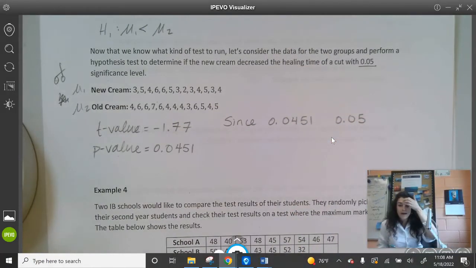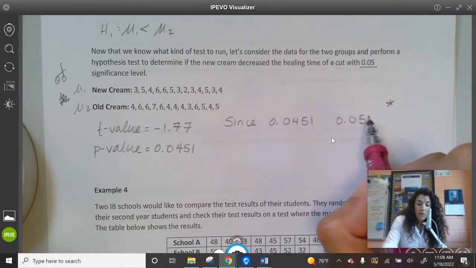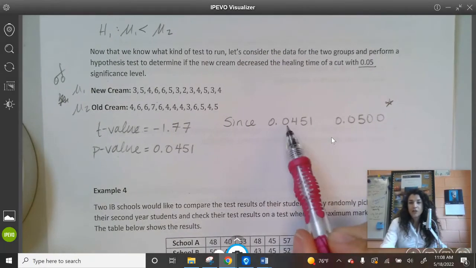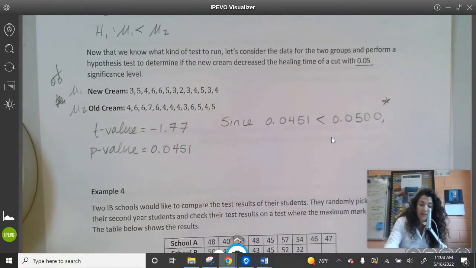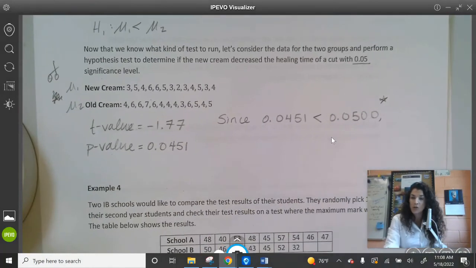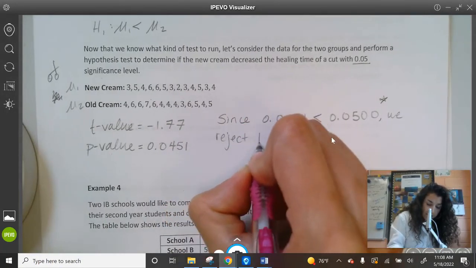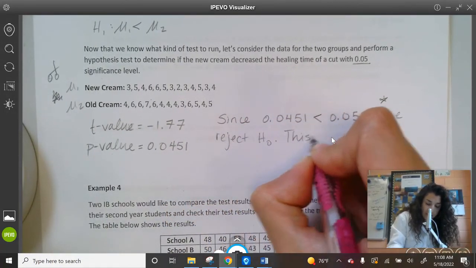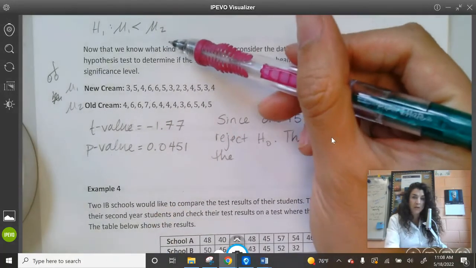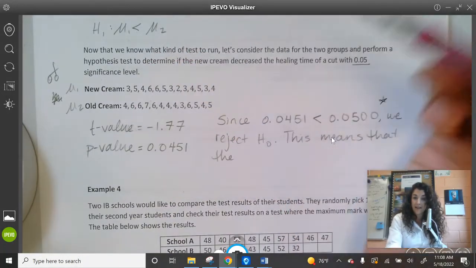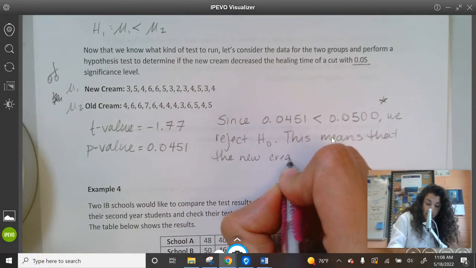I want you to go ahead and tell me what the result is. So if we wanted to match up decimal places, putting a bunch of zeros until we match up how many decimal places, 500 compared to 451, 500 is greater. This means that our P is low, so we reject the H sub O. This means that the heal time, right? So that means that we're going with the alternative. Heal time is less than the old heal time. This means that the new cream shortens